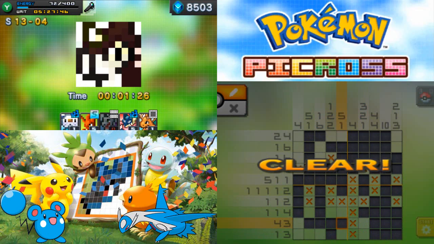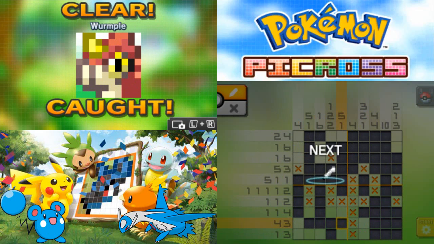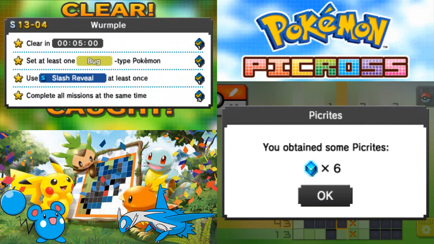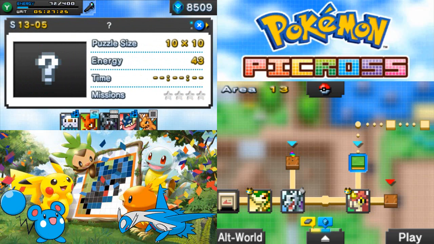There we go. Well, alright, so now we have another bug. Yet another bug. So with that, no problem, we're gonna get all the pick rights for Wurmple. That was not a tough stage. Not in the least. Alright. So with that, we have actually drawn and captured Wurmple. Next up is gonna be...